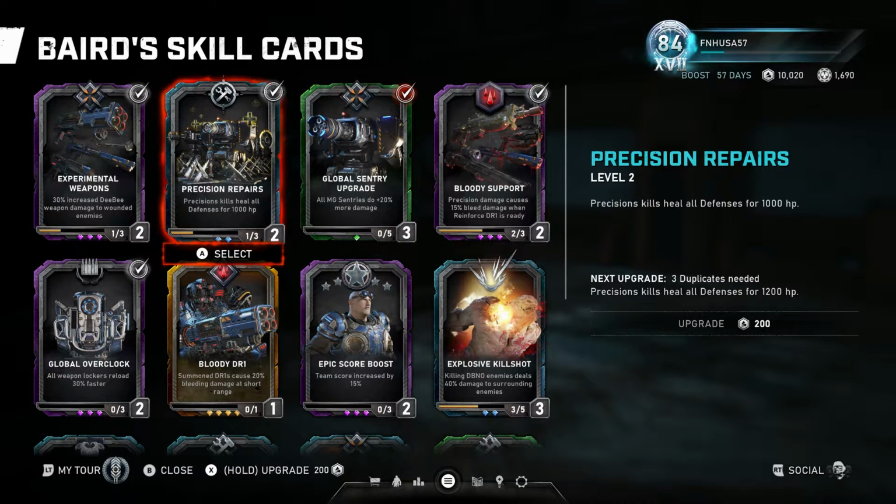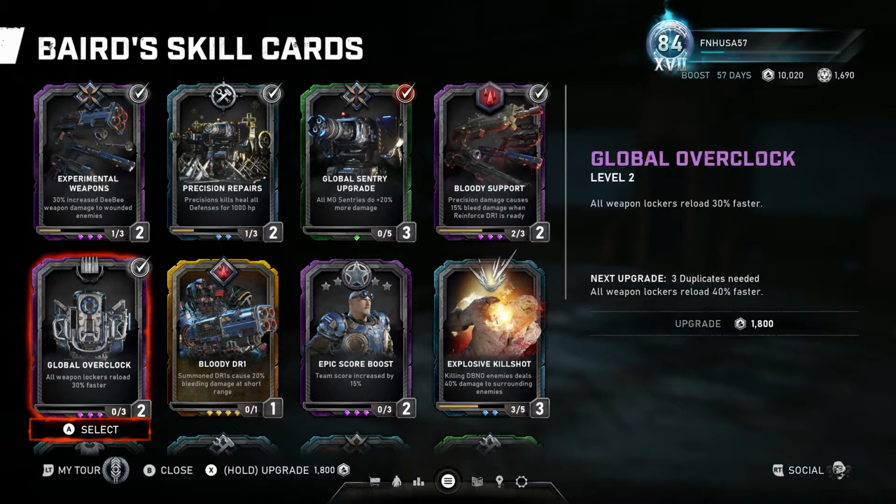It's very weird. It's the only bleed card in the game that triggers a Lancer kill instead of a bleed kill, but I think they coded it that way so that you couldn't use the bleed damage to proc the precision repairs. Lastly, I use the Global Overclock, which what this one does, at level 2, all weapon lockers reload